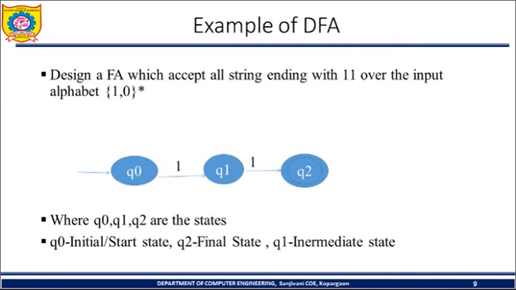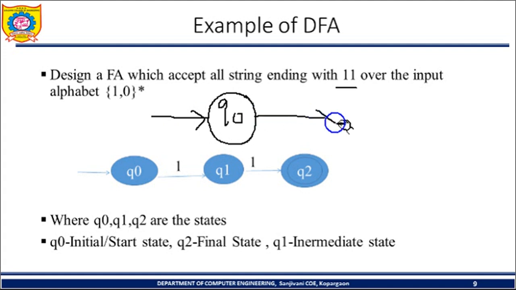Now first of all we have to draw the basic machine. Basic machine means we need to start with the initial state, accept the string 1 1, and end in the final state. As I said, we are going to consider Q0 as the initial state. In a transition diagram, the initial state is shown like this: a single circle with an arrow. Okay, this is the initial state. We are going to start. When will it move to the next state? If it has 1 as an input, because we are interested in strings that end with 1 1. So if it has 1 as input, it will move to the next state, and let us name that state Q1.